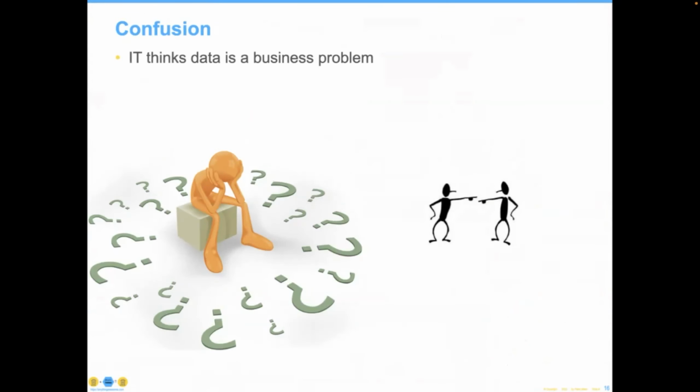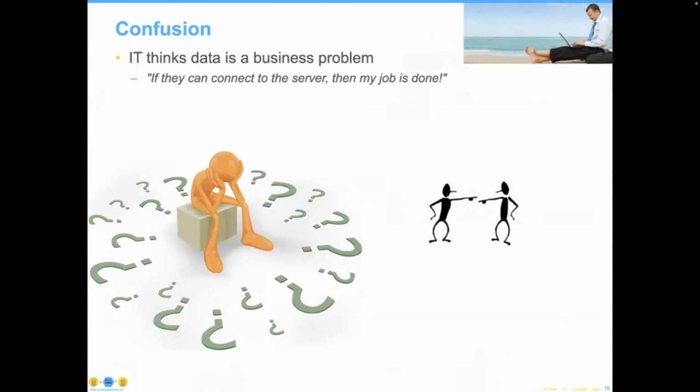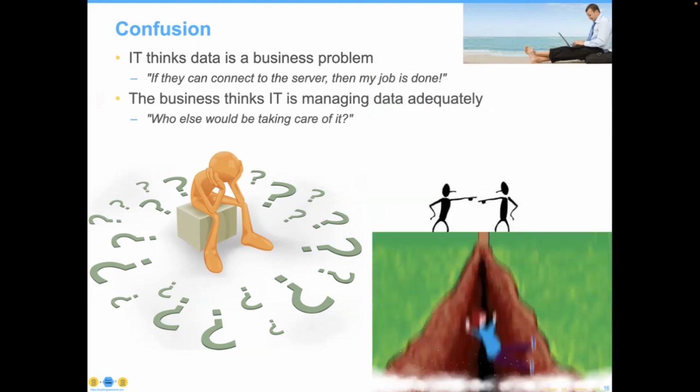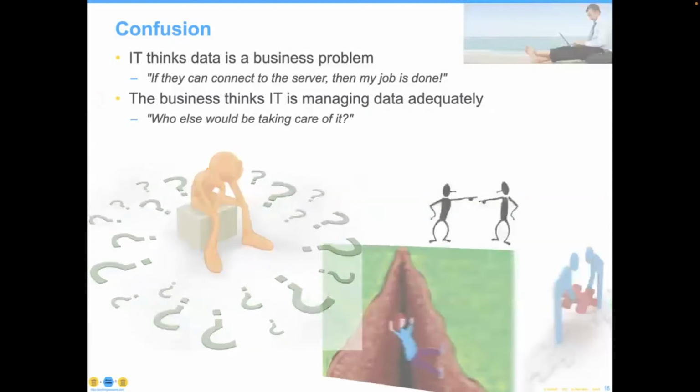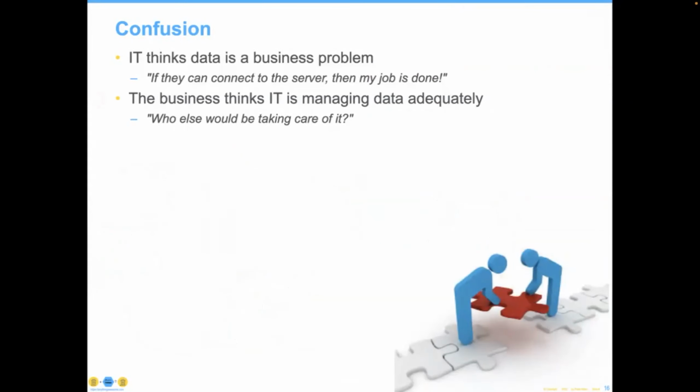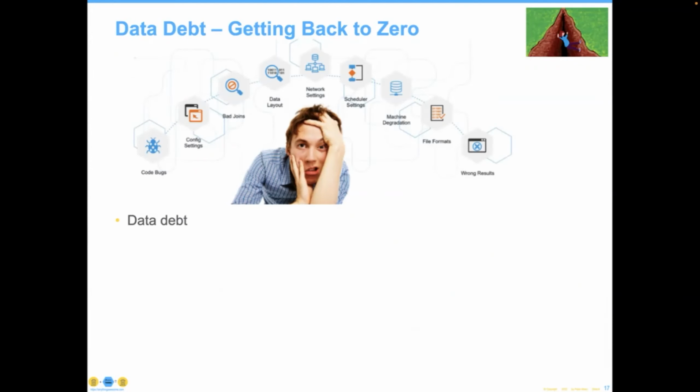IT has thought that data is a business problem. A typical response might be, if they can connect to the server, my job is complete. On the other hand, business looks around, sees somebody with the title Chief Information Officer and wonders who else would be taking care of my data. As a result, data has fallen into an enormous chasm between IT and the business. And we need to work actively to repair that chasm, because what has accumulated in the meanwhile is a ton